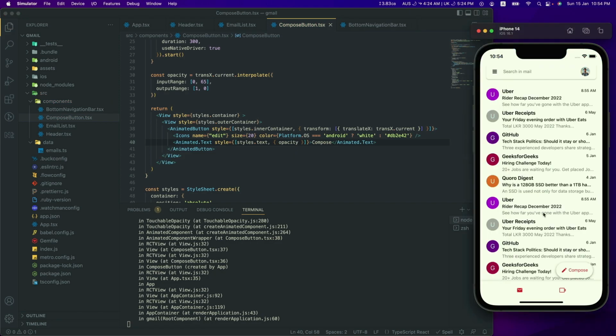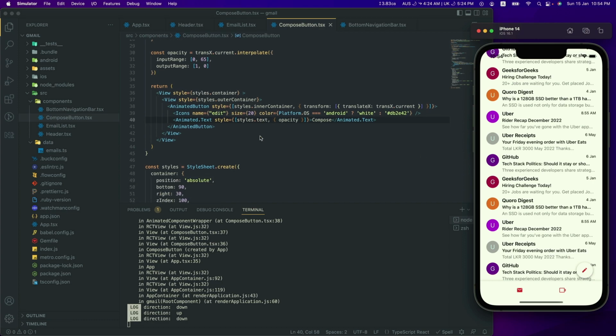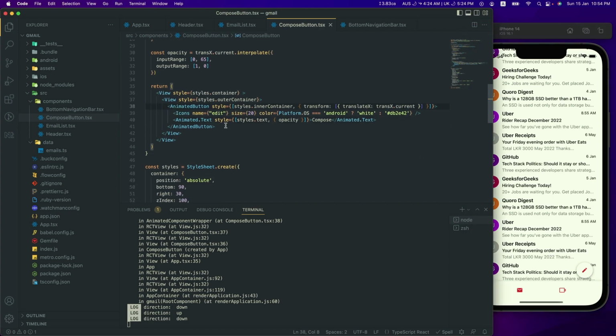All right. Okay. So our compose button is also working fine, but you can see that if I press this area, this email is not going to be pressable. If I press this area, it's fine, but for this area, it's not. The reason is even though we are translating this button, this view is already here. So we need to add this point event